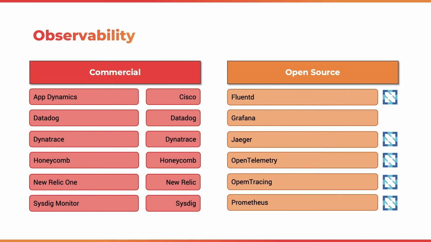Now, if you don't want to do that, there are very powerful, very mature open source technologies like Prometheus and Grafana, FluentD, Jaeger, OpenTelemetry, OpenTracing, and so on. All of them are basically giving you the opportunity to consolidate and aggregate various signals like metrics, traces, and events coming from your infrastructure and applications into one unified layer, and that is the observability layer.